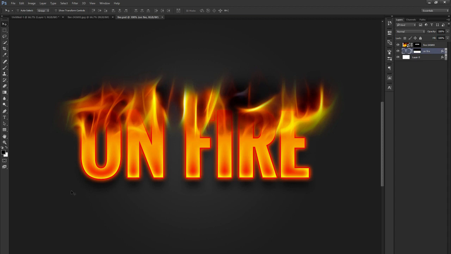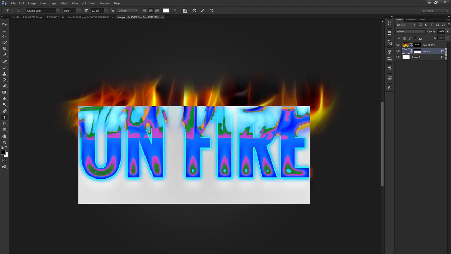How to create a fire text effect. This is a classic text effect, but in my version it is completely editable. It's easy to make and it only takes a few minutes. This is how it looks, and as you can see in the layers panel, it's still a live text layer,